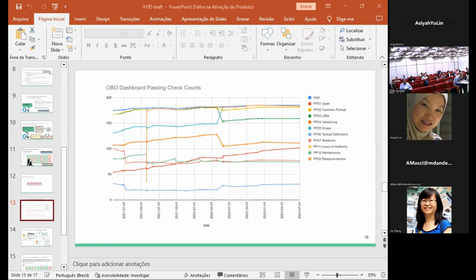That's around 50 in the beginning, but maintenance obviously is a concern, and relations is a concern, but other things seem to do quite well, like the common format, and that has improved